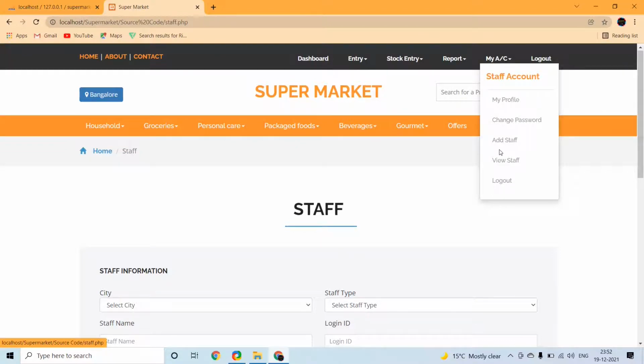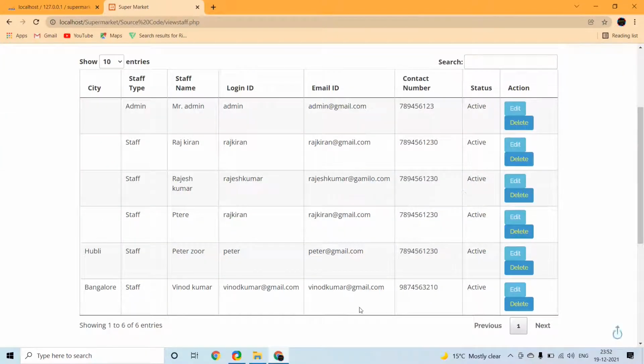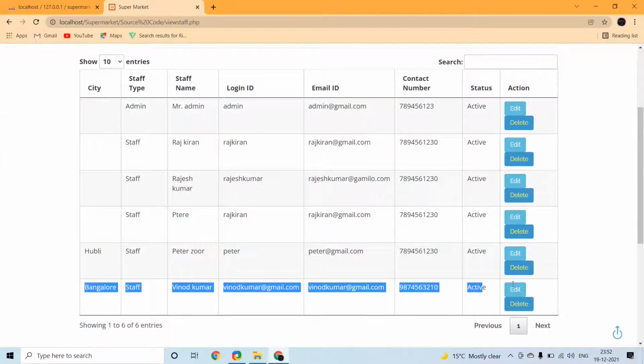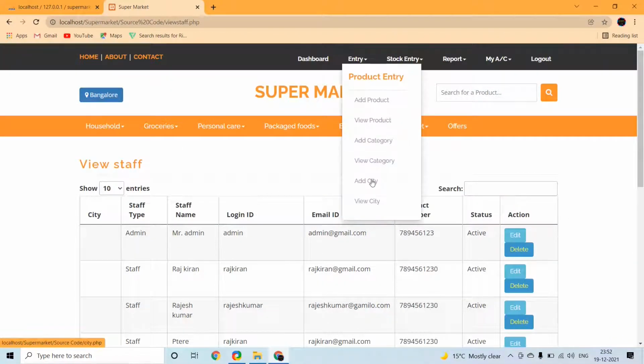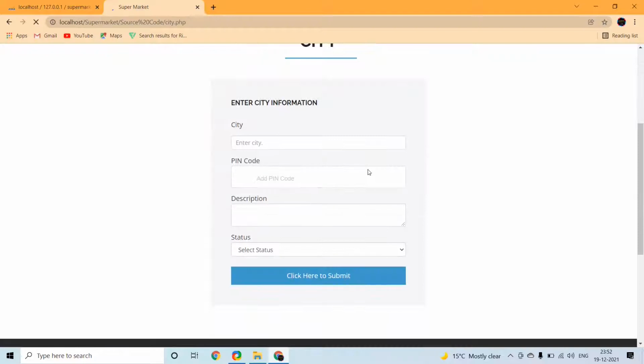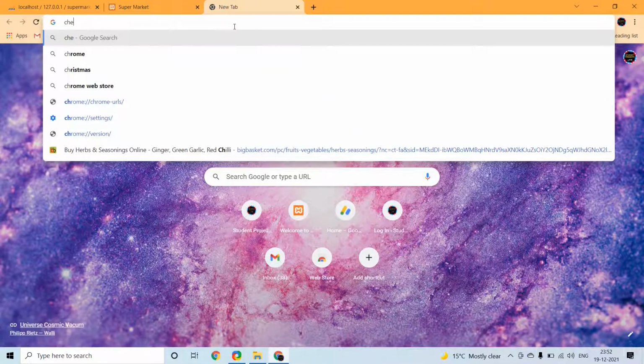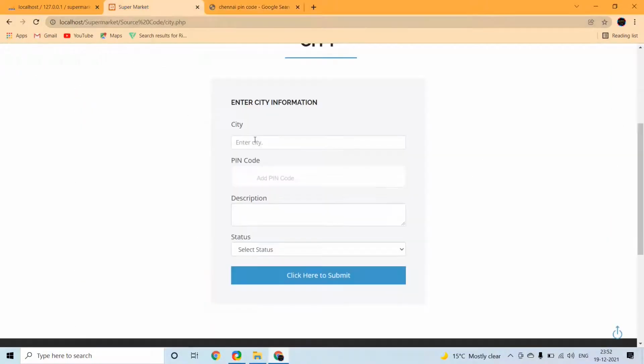After recording the names of the staffs and their address, email IDs, we can view their information. Here we can enter city information. If we write Chennai as a city, we can type pin code.